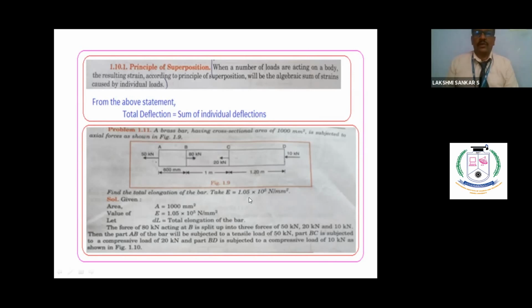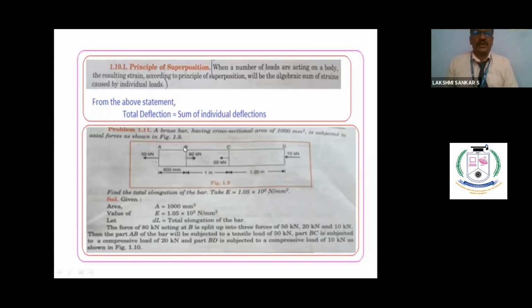So you have to find out the total deflection, the elongation of the bar. Now you see, some students are raising hand. I am unable to answer. It is a one-sided thing now. Just keep listening. Your doubts will be clarified. Ramakrishnan, your doubt will be clarified.